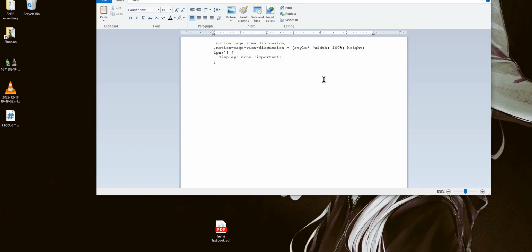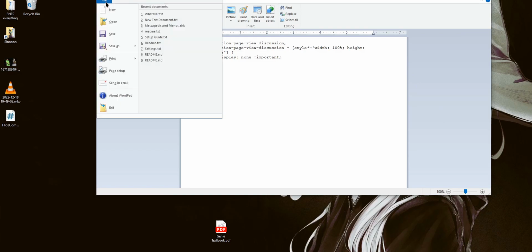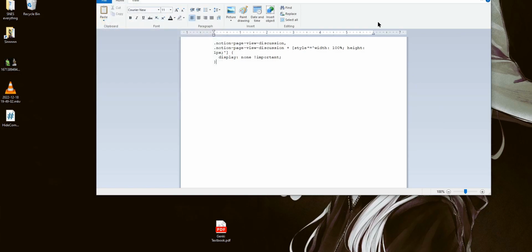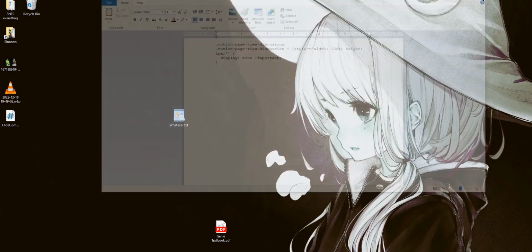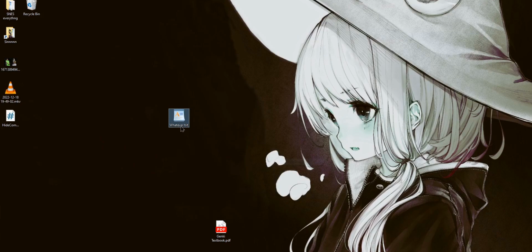So actually, this code comes from the Notion Enhanced website, which is the tweaks section of the website, and this one is for hiding the comments. So then you save it, save, or Control S. It works in Notepad too. And then you want to change the file extension to a CSS file,